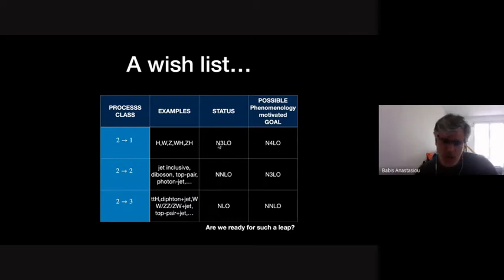So a lot of work has been started already in this direction. For 2-to-2 processes, the data motivates that we advance our precision from 10 to 15% at NNLO down to a few percent at N3LO and below. And for 2-to-3 processes, that are very important signals or very important backgrounds for Higgs physics or potentially other new physics signatures, we need to move from NLO to NNLO.